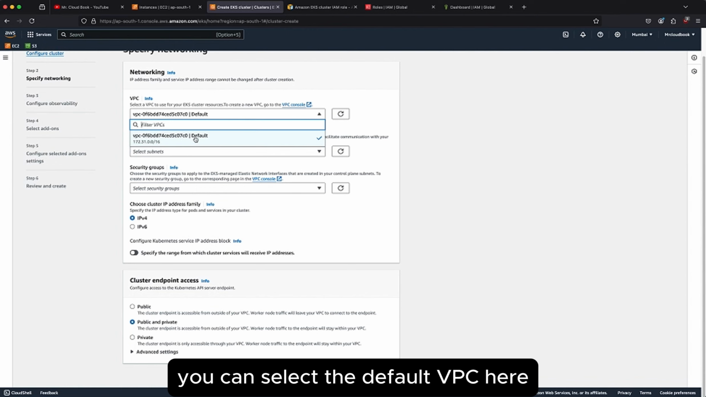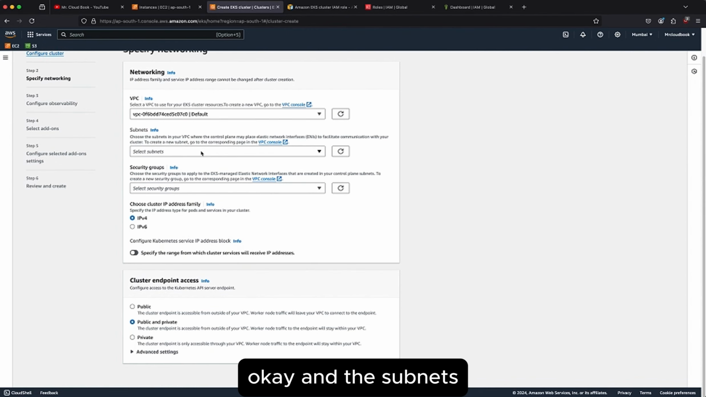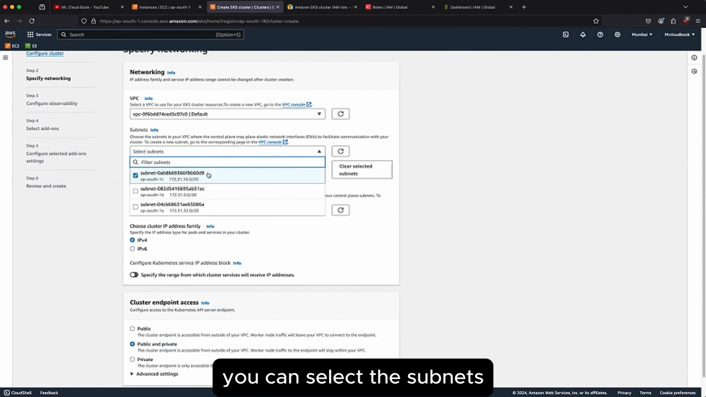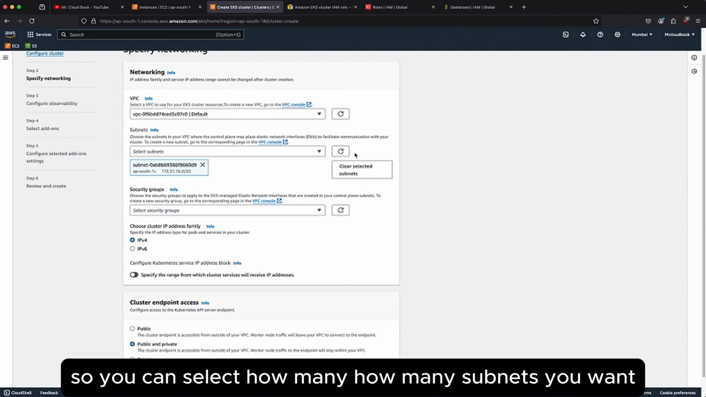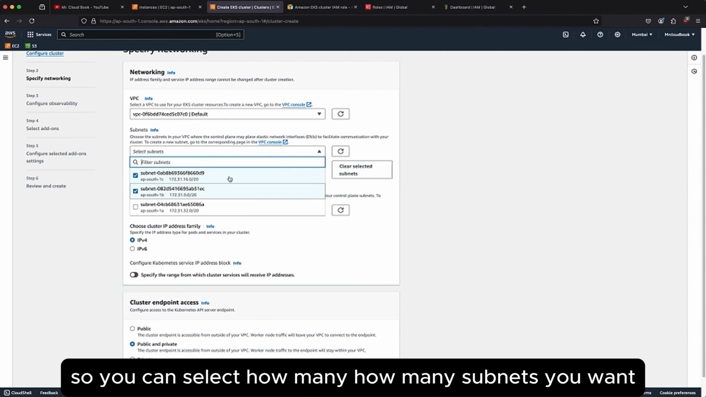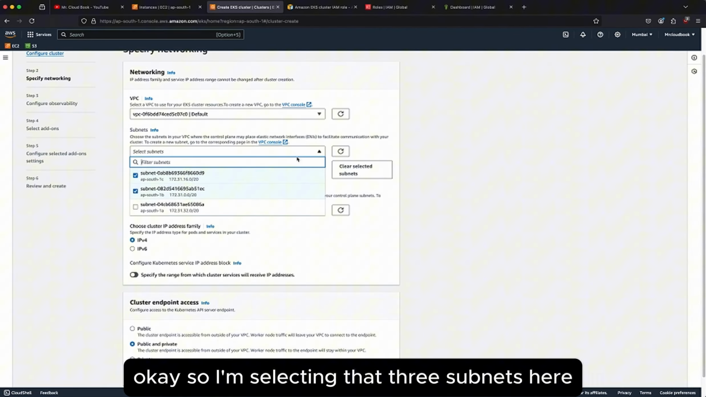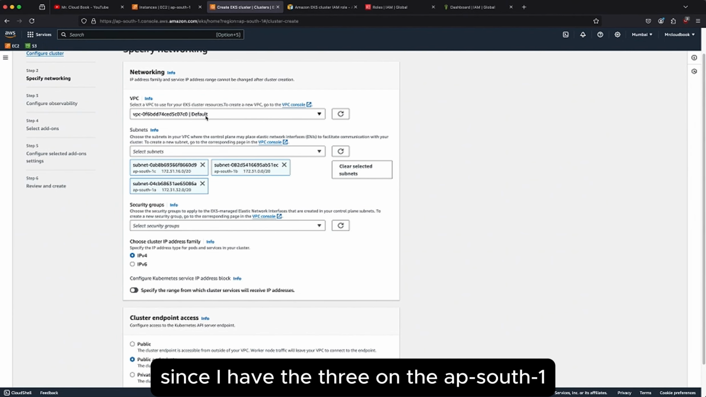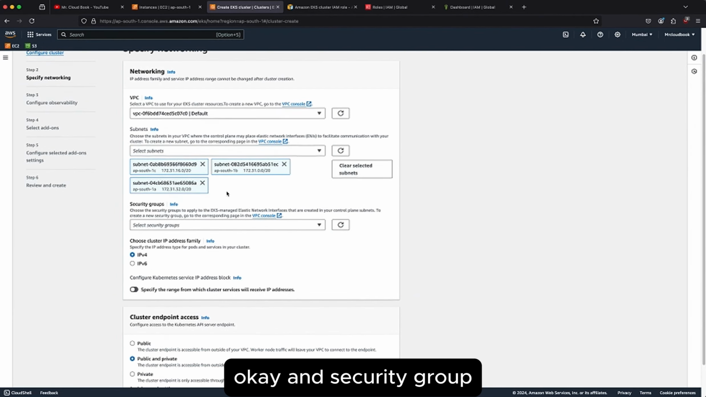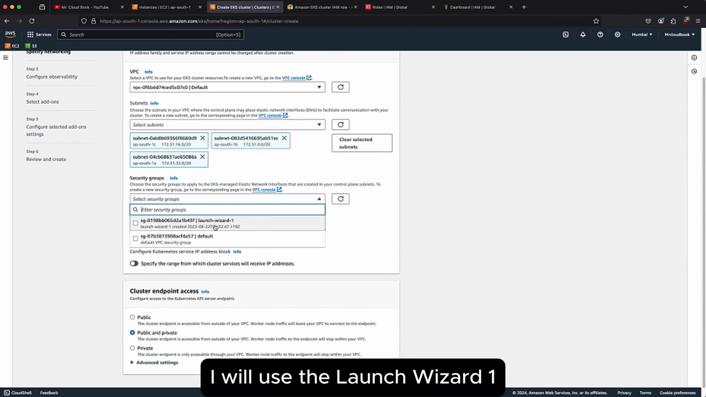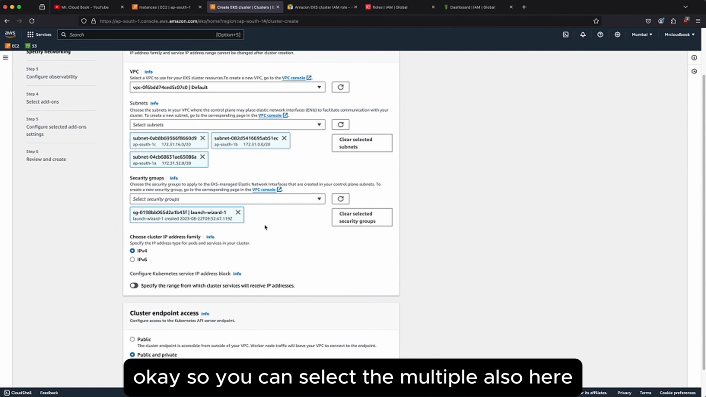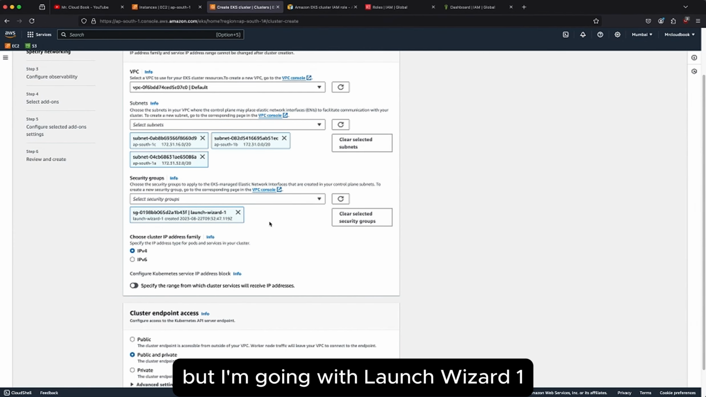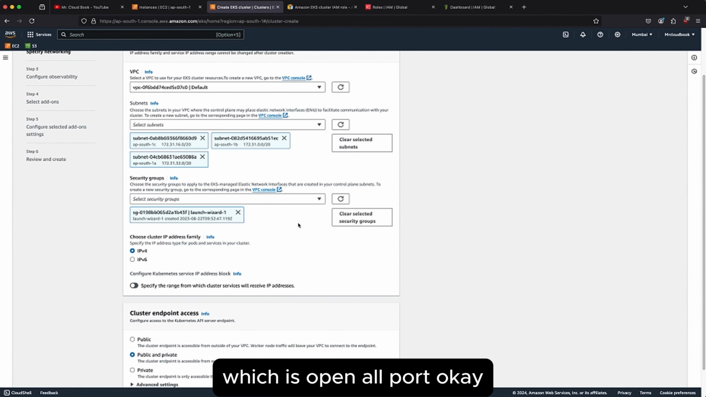You can select the default VPC here. And the subnets, you can select how many subnets you want. I'm selecting the three subnets here since I have three in AP South 1. And for the security group I will use the launch wizard one. You can select multiple also here, but I'm going with the launch wizard one, which is open to all